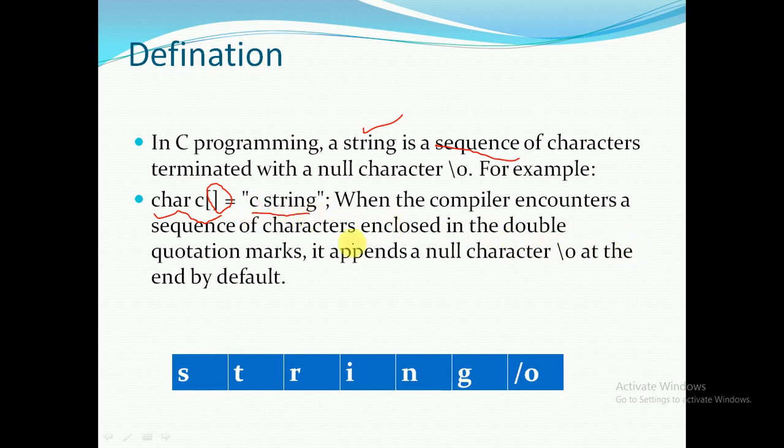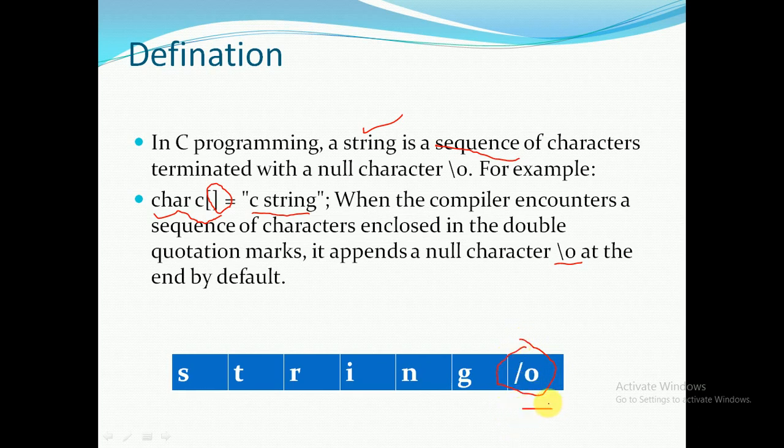When the compiler encounters a sequence of characters enclosed in double quote marks, it appends a null character at the end by default. When you store a string in a character variable, at the end it must be null. We are not supposed to write this null character.